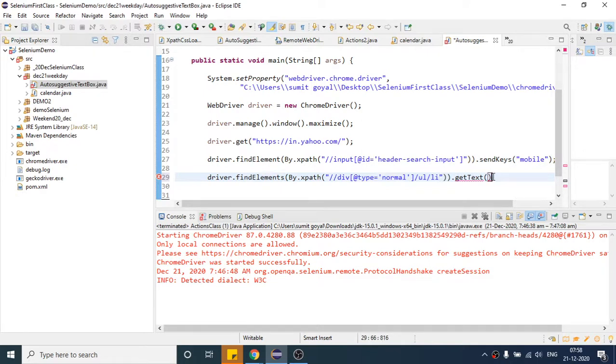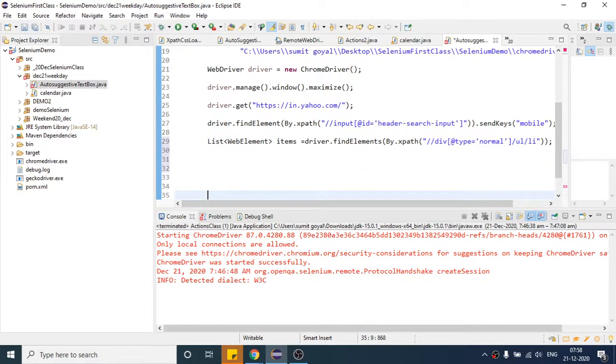As this is a web element, I will write List of WebElement, and let me give it a unique name, items.